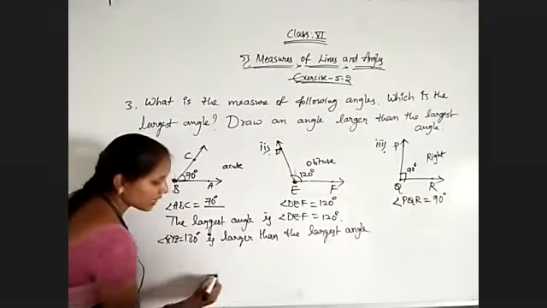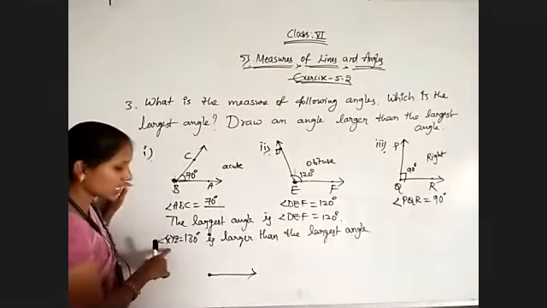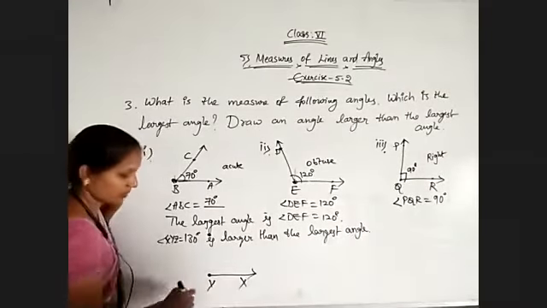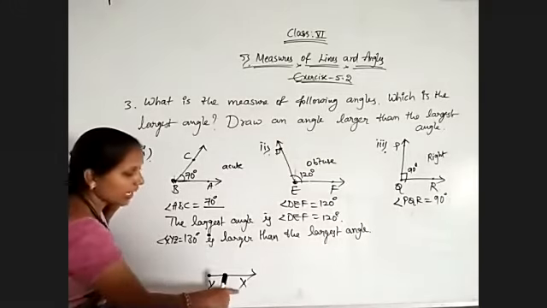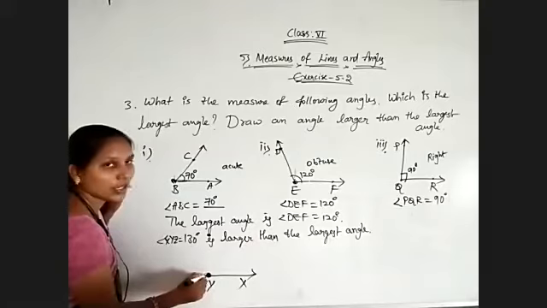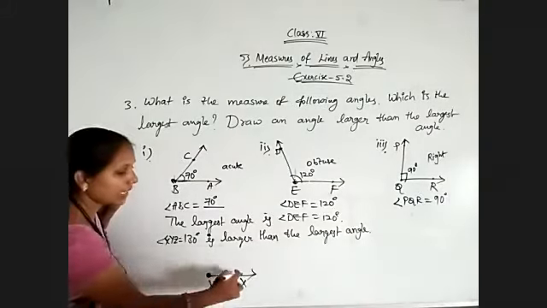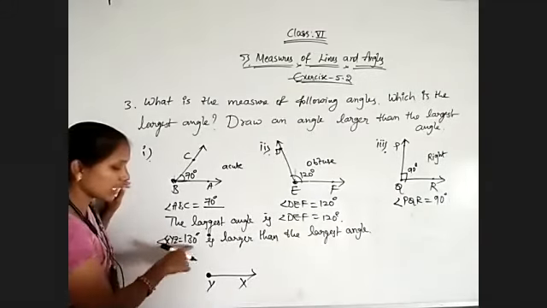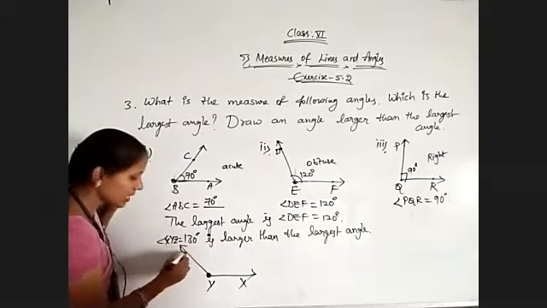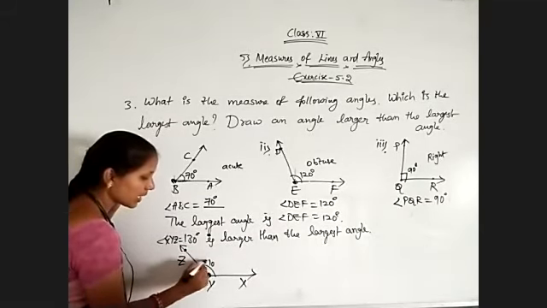What I am doing, first of all, I am drawing a ray. Here I have mentioned X, Y, Z. So Y is the angle, Y, X. Angle Y equal to 130 degrees. Now I need to place the protractor at Y. Because it is spreading on the right side, I need to take the inner values for 130 degrees. So I'll get more than 90 degrees, like this. Here Z. Now it is equal to 130 degrees.